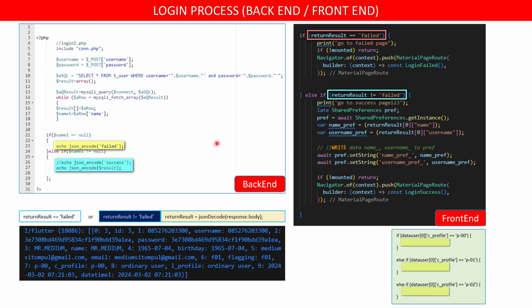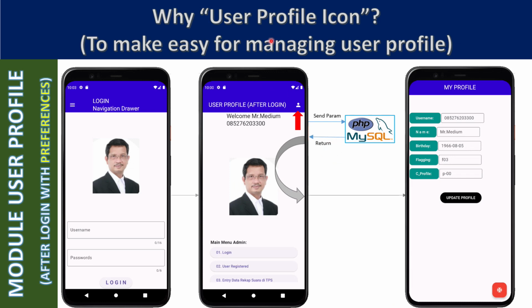Okay, same as I mentioned before. And also this user icon. We click here on the user icon and then go to the profile page. So we show the details: your username, your name, birthday, flagging, see profile, email, and so on.